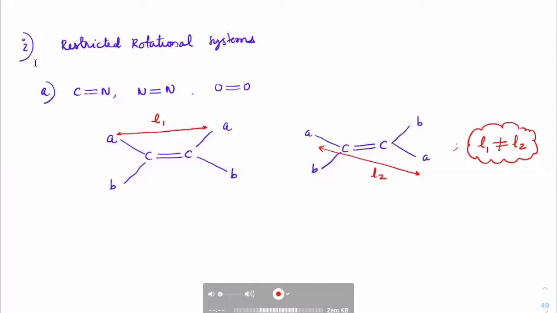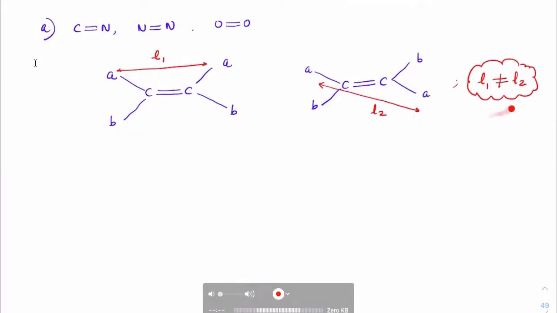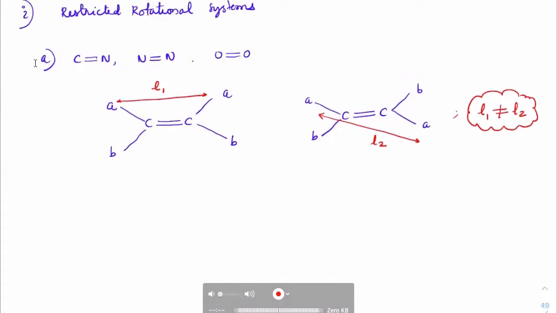In fact, this is the most important difference between geometrical isomerism and optical isomerism. In optical isomerism also, you are breaking the bond, you are making the bond, but the distance is not changing. While here, the distance between the two groups will change. So another way of looking at geometrical isomerism is always this. Check out the distance, whether the distance has changed or not. On that view, let us see what are the different names we usually give for geometrical isomers. So let me just write down in all the rotational systems.